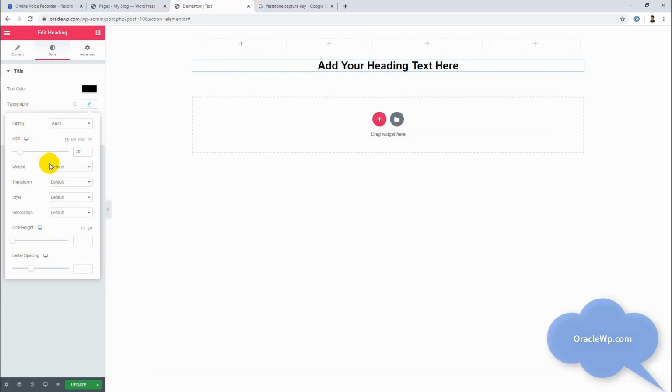We have the option of font weight. Whatever you want, you can set the weight. The transformation, it can be uppercase, it can be lowercase, and capitalized. I'm making it capitalized. And there are the basic options of this heading: line height, spacing,